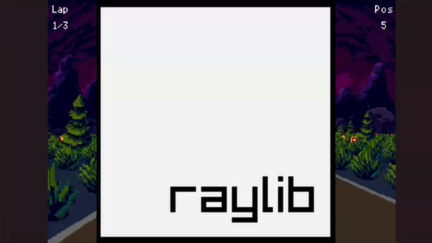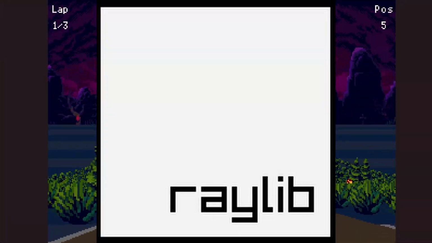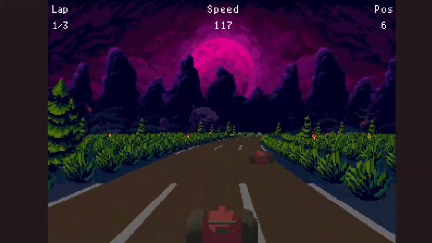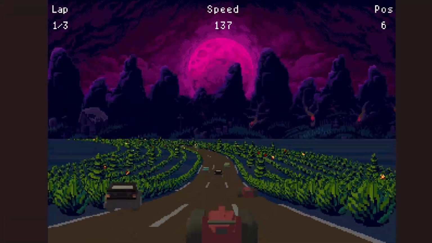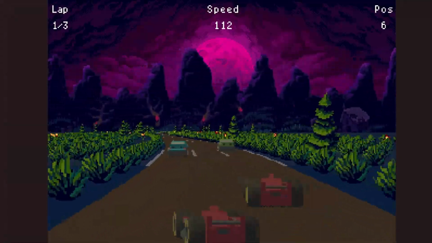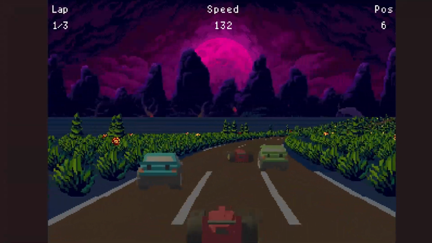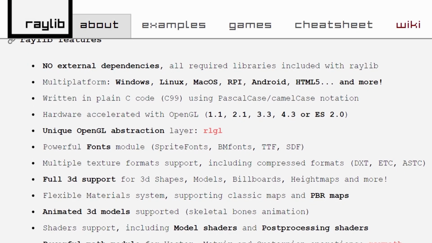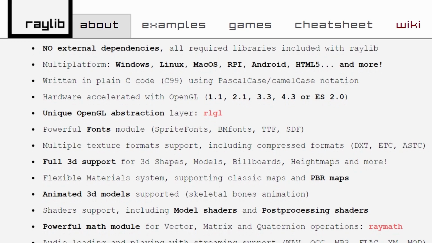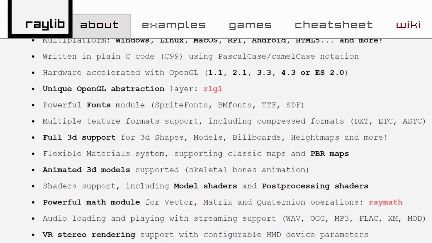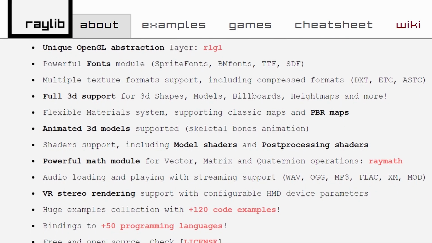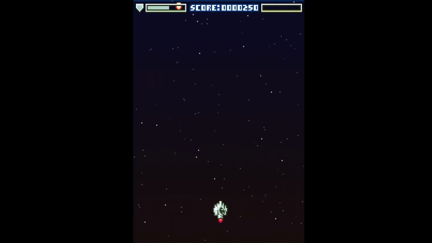Raylib is a library geared towards making games or graphics-based applications, written in C and has also been ported to many other languages, where you can use different versions of Raylib, which I'll also provide in the description. Its simple and easy to use structure also makes it another accessible starting point for people wanting to get into games. It's also used quite often in GitHub and is even utilized outside of game projects. Its main concept is that it strives for simplicity.